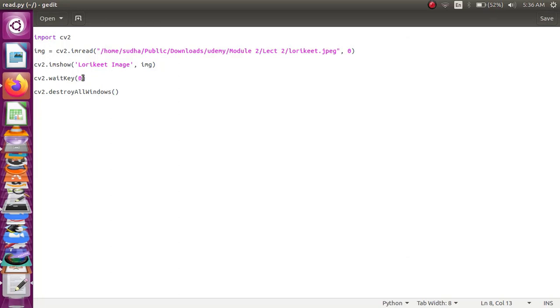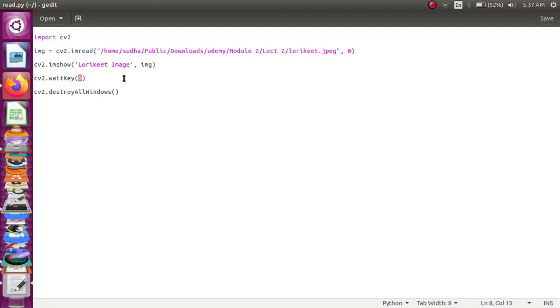If you don't specify anything, the image will appear and close within a fraction of a millisecond. If you mention the time in milliseconds, the window will appear and wait for the specified milliseconds. If we specify 0, the display window will remain open until you manually close it. These are the 3 options which can be provided for waitKey.